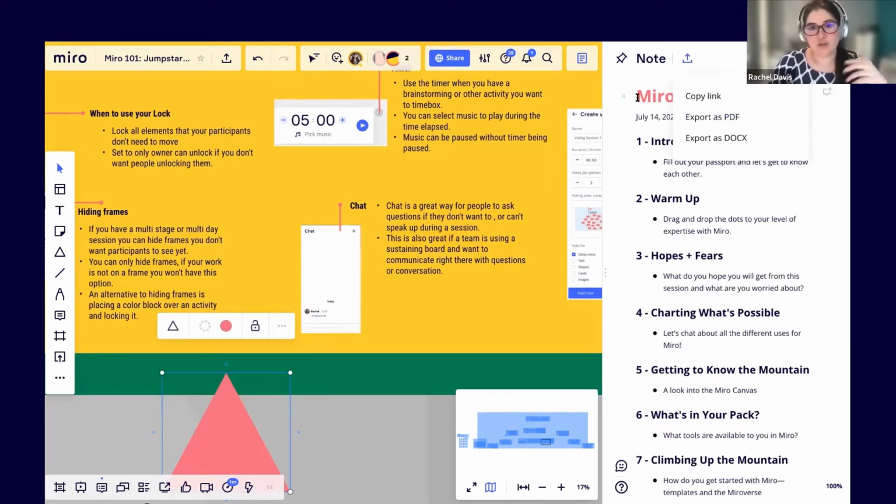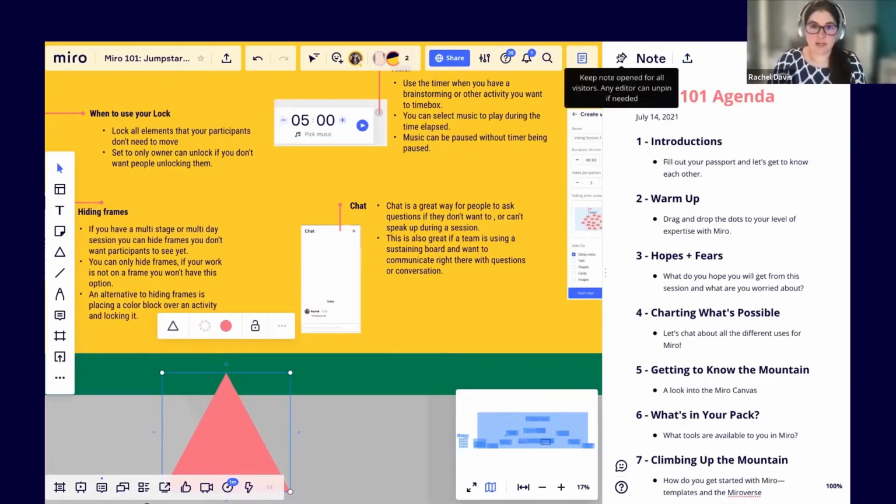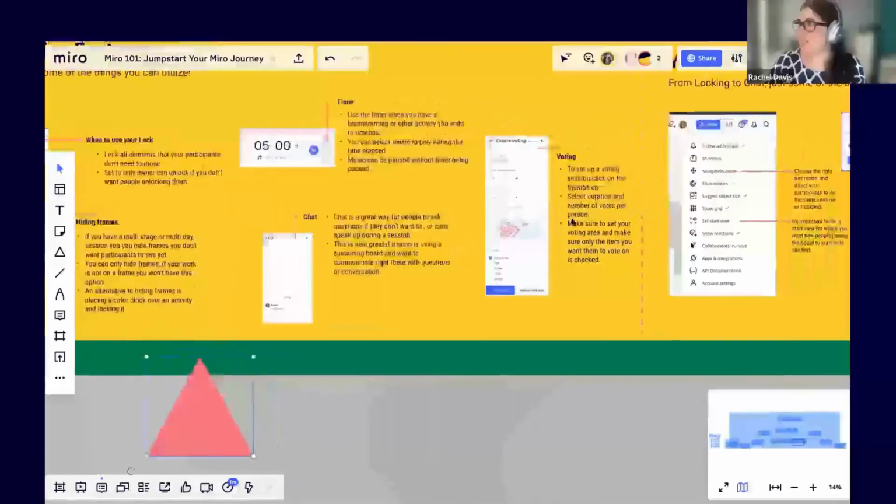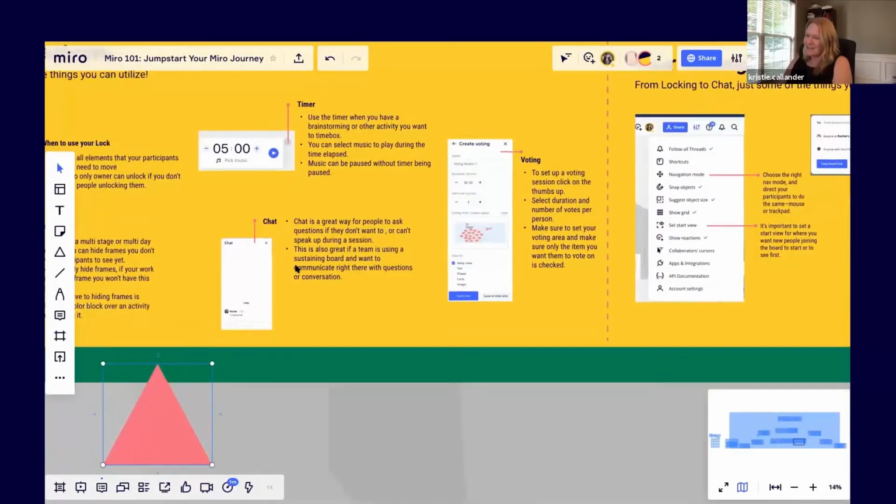So let's say you created your agenda here and wanted to export it as a Word doc or a PDF for the people in your meeting, then you're not recreating things over. And then you can also pin it here as the owner. So let's say once everyone goes on that board, you want them to see it right away. So you go ahead and pin it. That way they see it, and then you can unpin it so everyone can close it.